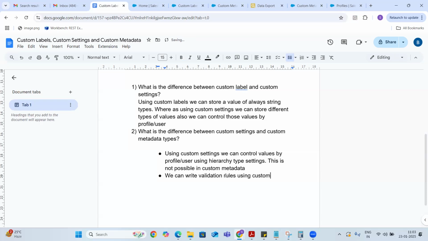using custom metadata, we can write validation rules while storing custom metadata values. This is not possible in custom setting. Okay. And the third difference you need to explain is, we cannot refer